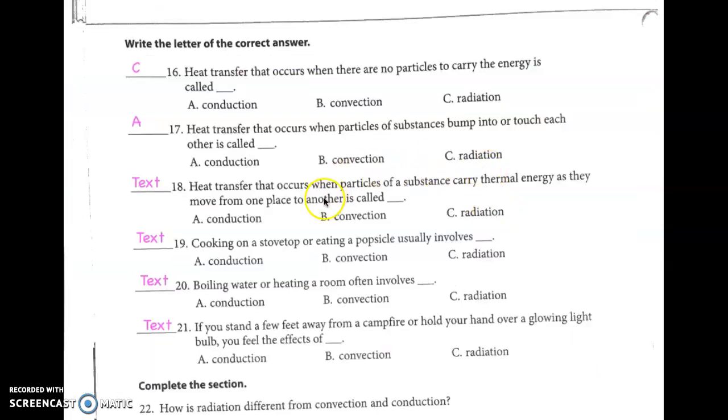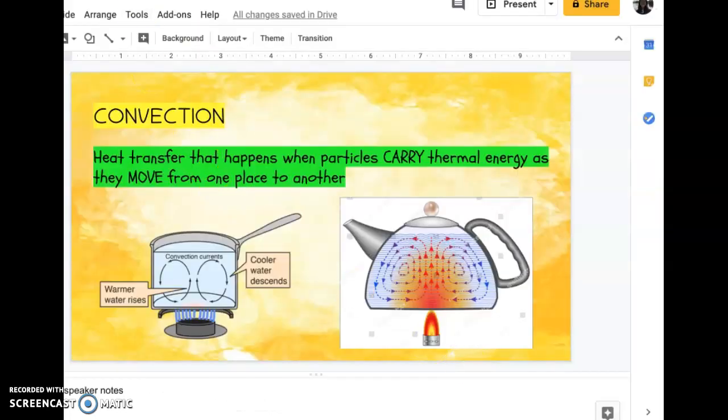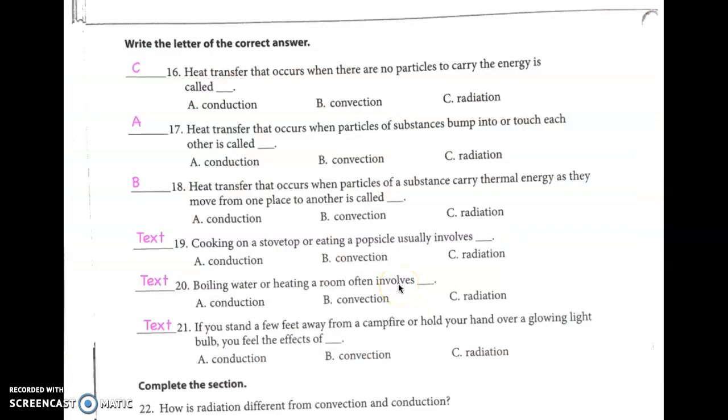What about heat transfer that occurs when particles of a substance carry the thermal energy while moving around? That is called what? Convection. 19. Cooking on a stovetop or eating a popsicle usually involves, so think about a melting popsicle. If you wrote A, conduction, you're correct. 20. Boiling water or heating a room often involves